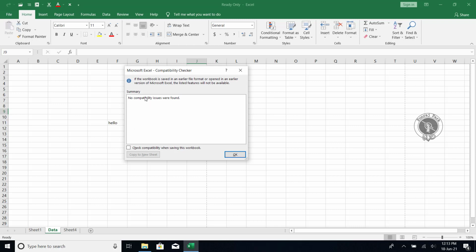That message will be displayed here. If you check the compatibility of your whole file with all data, it will say this thing will not be applicable to earlier versions like 2000 or 2003. For that we are using this compatibility checker.